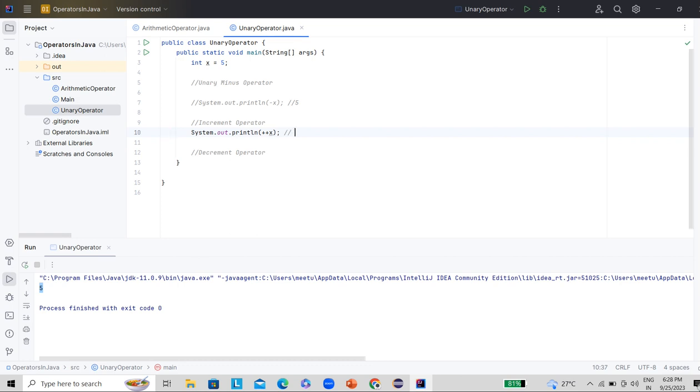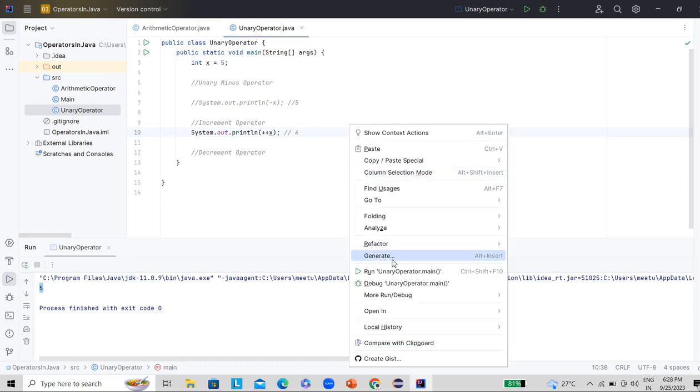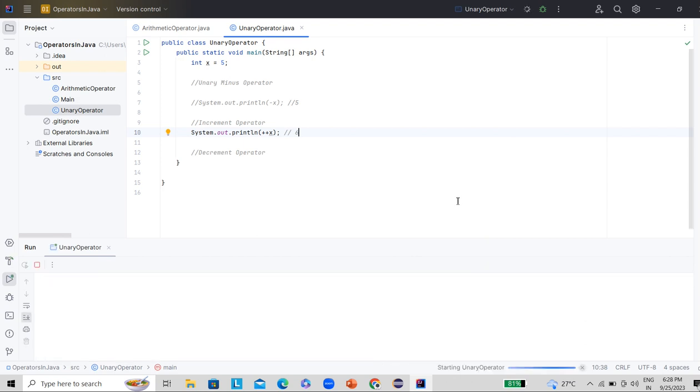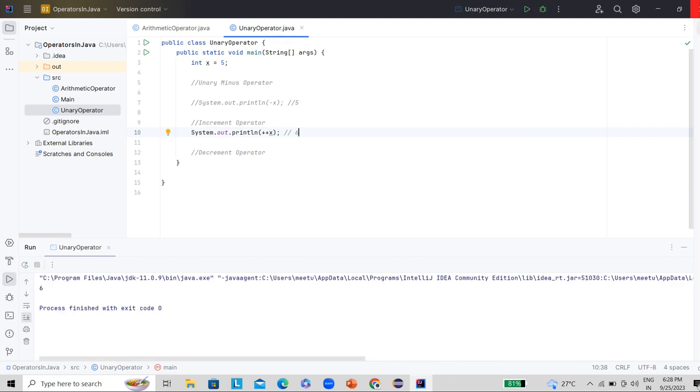The output becomes 6, because this operator increases the value by 1. The value of variable x is 5, and after incrementing it becomes 6. Let's run this program and see. Yes, it is printing 6.